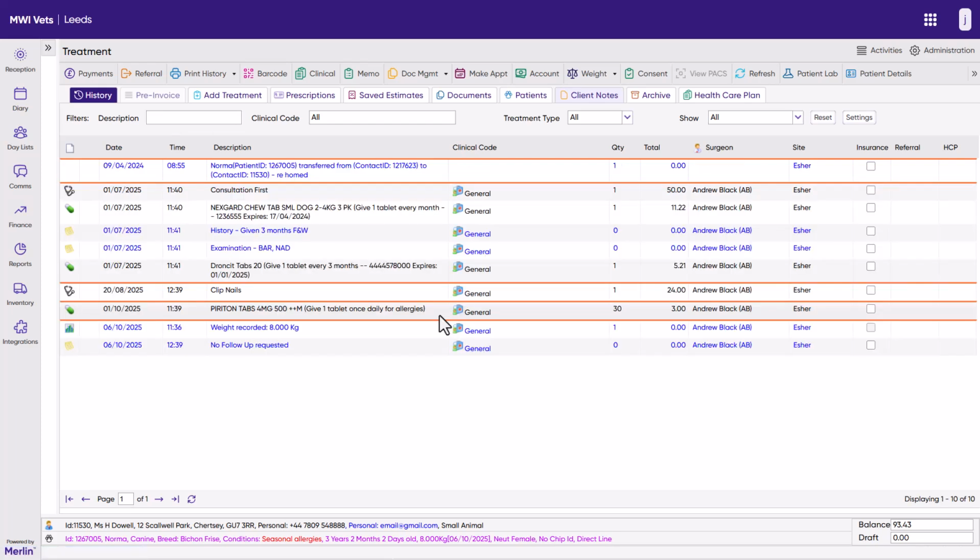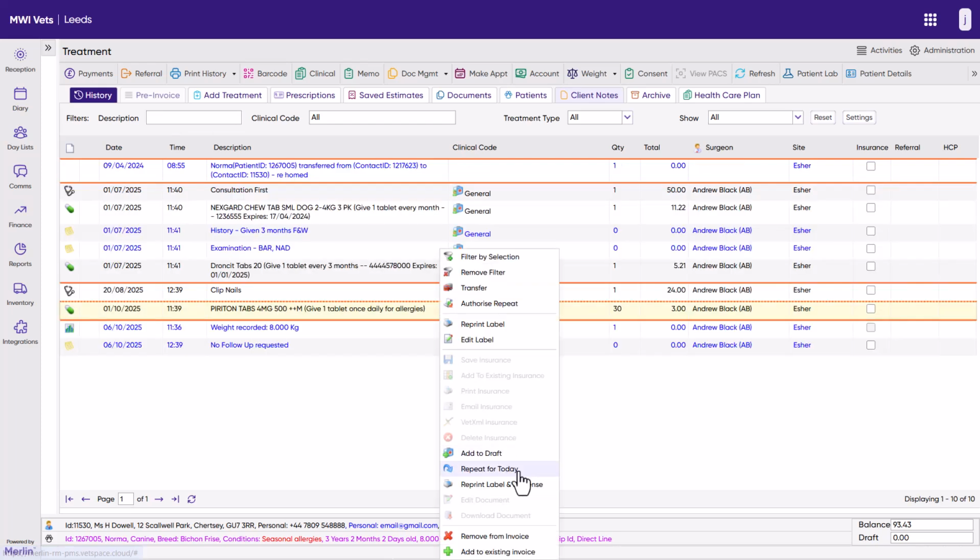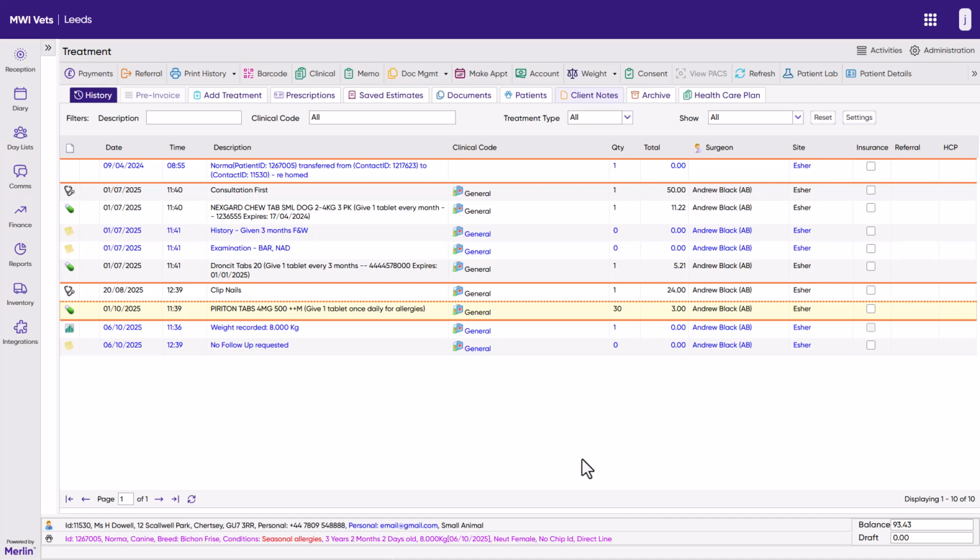It is also possible to right-click an entry and select Repeat for today. This allows the vet to quickly duplicate an entry for that day, redispensing or charging for a previously prescribed or sold item. This item will then appear in the Add Treatment tab for the vet to commit to the patient history by clicking Save. Once we're ready to add today's fees for the patient, click on the Add Treatment button,